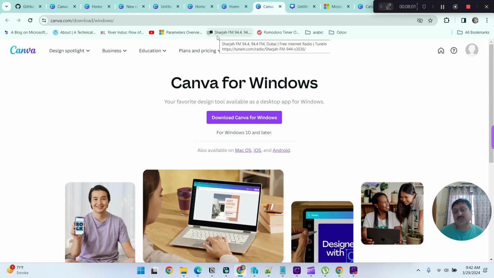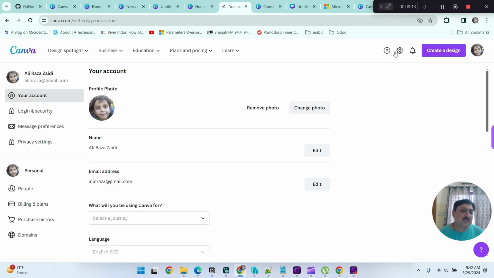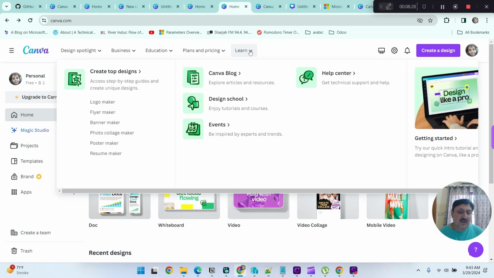So it's up to you whether you use it on the web or as a desktop application. I'm going back here, and then I have the option for settings. It's all my account and billing related information, and then I have a notification bell, and I have the option to create a design. Before going to a design, I click on Learn, and here I have multiple options